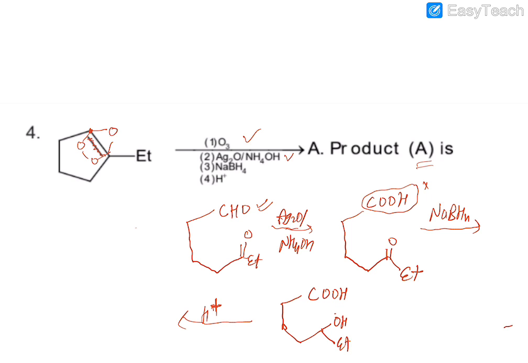H plus attacks the OH and makes an OH2 plus ion, and the water molecule is removed, the positive charge comes over the carbon. Then students, you can see this positive charge of the carbon connects with the oxygen to make a cyclic ring,